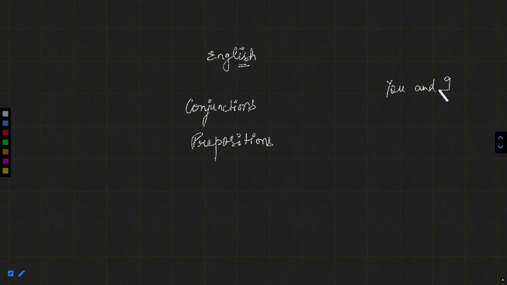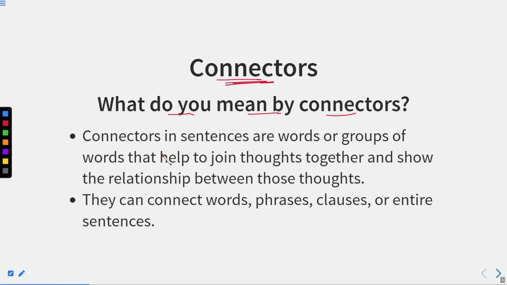Connectors are the words which connect two things, or two or more things, together. Maybe two words together, two phrases together, two sentences together, or whatever that two is. Or there are not only two but more than that. It means connectors not only join two words but also many words together. Now, if we go back to the definition of connectors,